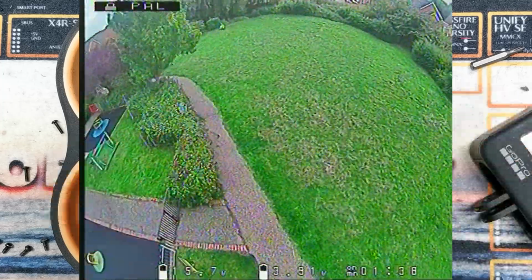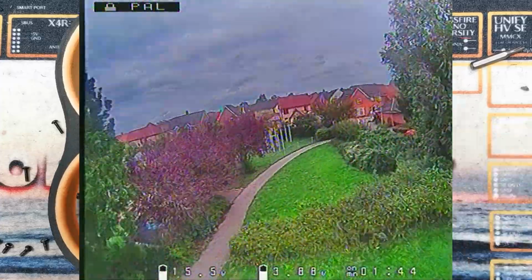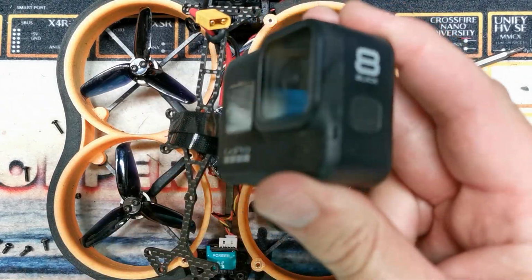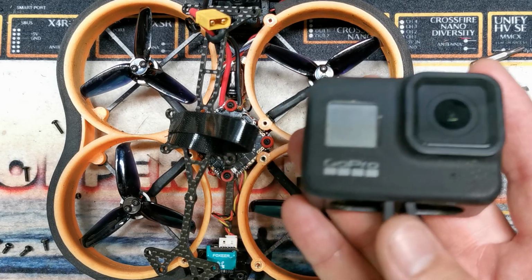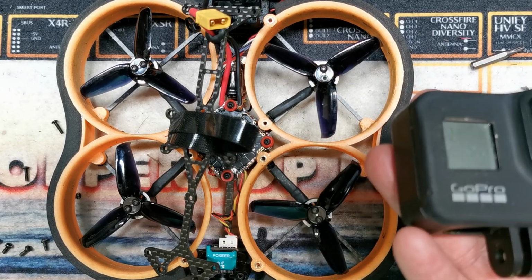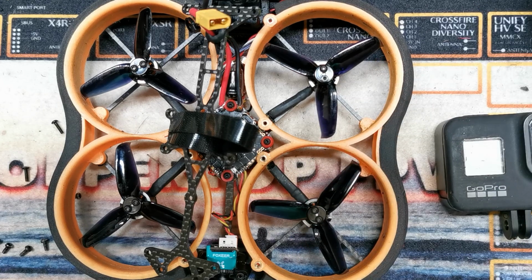Now, the bigger part of this video, and the bit that I am so excited about, is I put this guy on it, which is, as I said, a Hero 8. Now, I've been flying Hero 6s and Hero 7 stripped ones on, as I said, the little diatom whoop. But the problem with stripping a GoPro is you remove a lot of the protection. And I'm currently, I think, into my second lost stripped Hero. And through no reason that I can see, I haven't had any particular bad crashes. I've had a few bumps, but they just seem to randomly die,